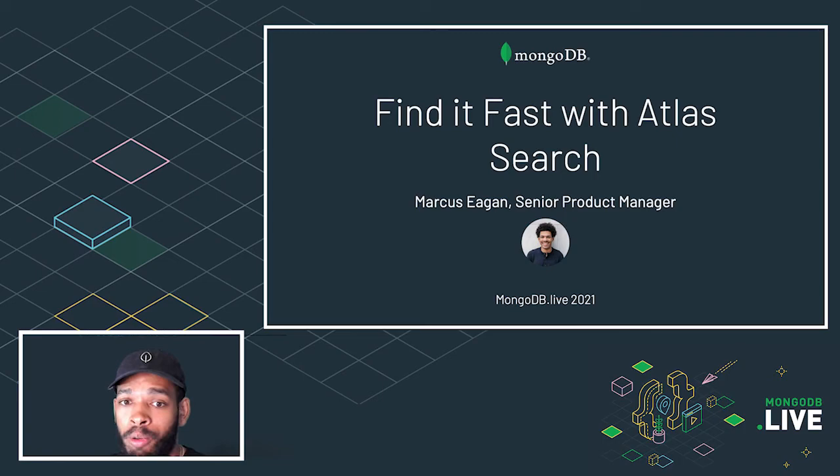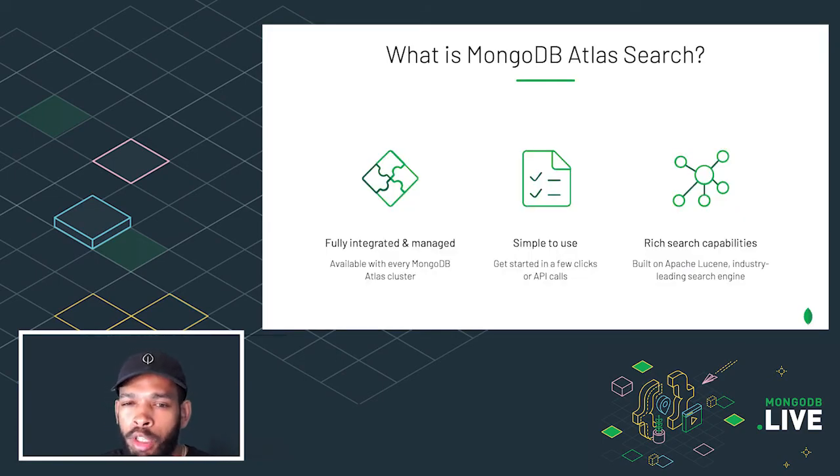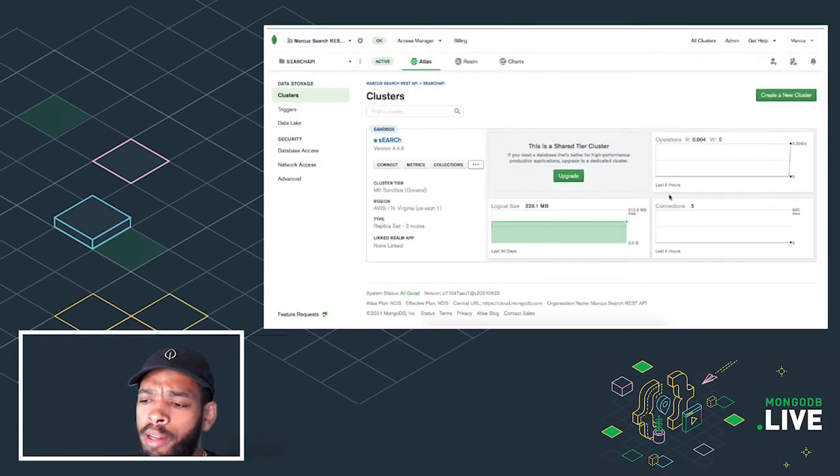If you're looking to add rich search features to your applications, you're in the right place. I'm going to talk a bit about what MongoDB Atlas Search is, but I'm mostly going to show you around. MongoDB Atlas Search is an embedded full-text search solution that gives developers a seamless and scalable experience for building fast, relevance-based features. You don't have to worry about managing infrastructure or complex setup, and you get all the features like typo tolerance and language analyzers that come with Lucene. Let me show you around.